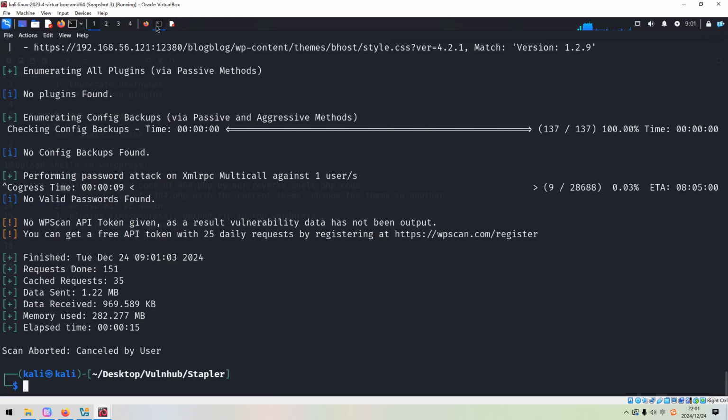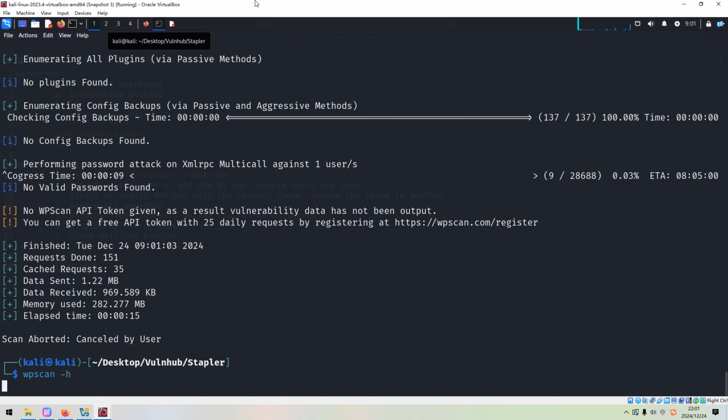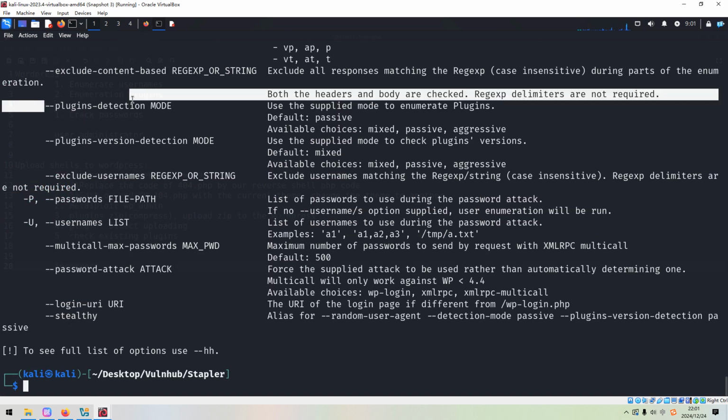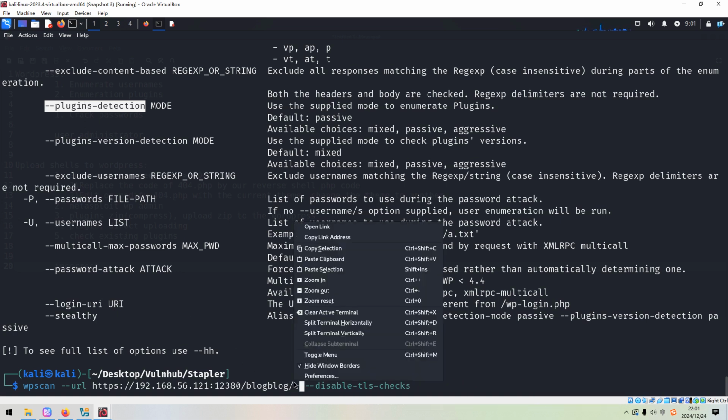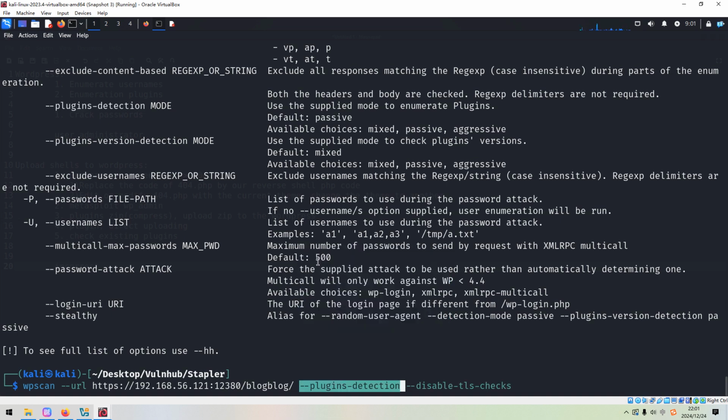Also, sometimes we need to make a comprehensive scan with plugins, and we can use this option, plugins detection. We can copy it, and then we can put this option between the URL, and the value is mixed.